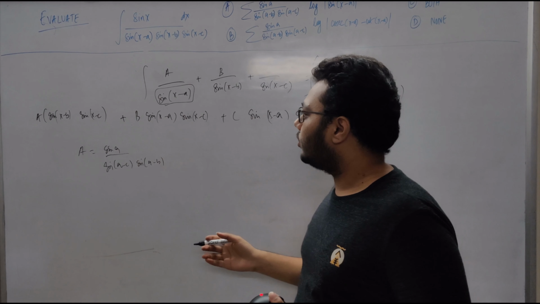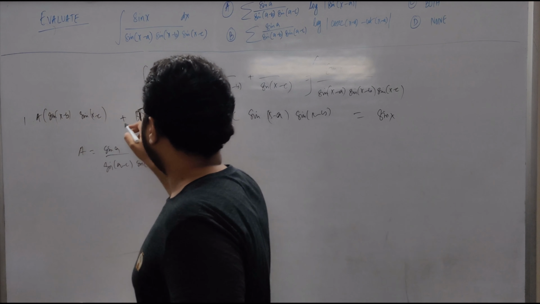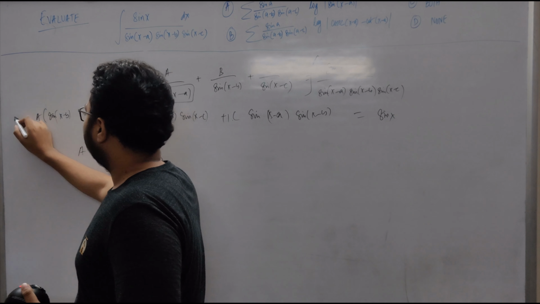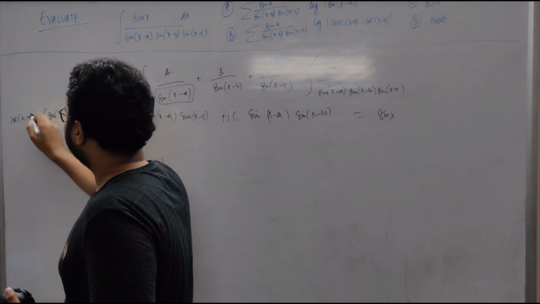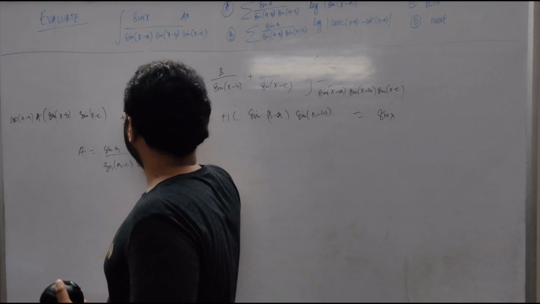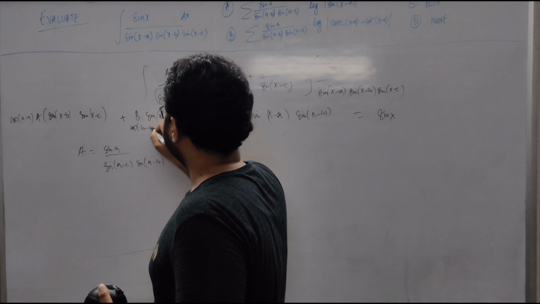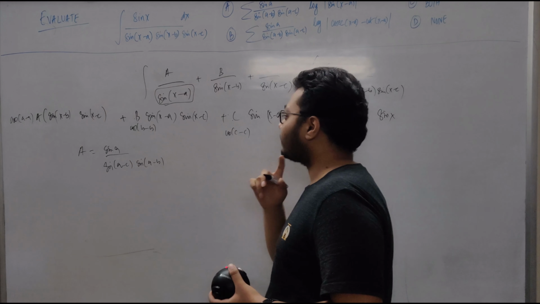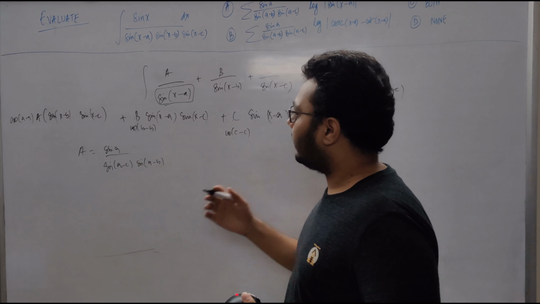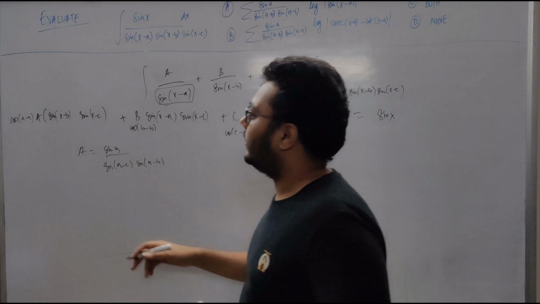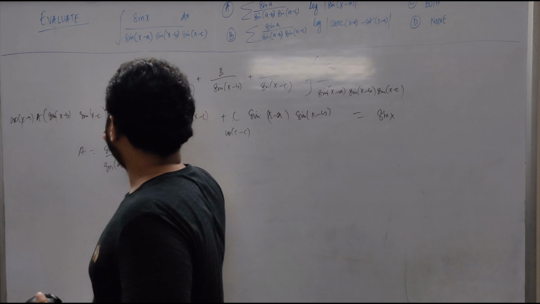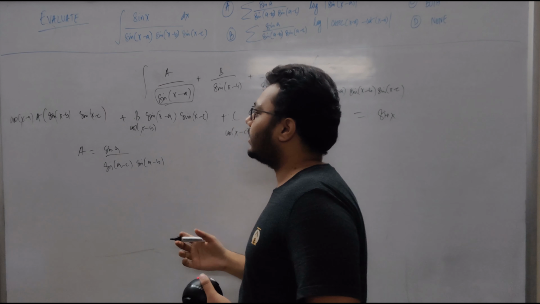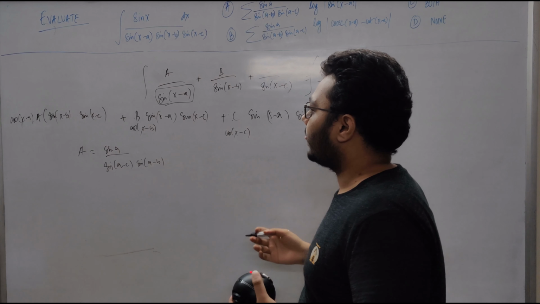But one thing to note over here is we can multiply all of these terms by 1. If we write this 1 as cos of a minus a, and this 1 as cos of b minus b, and this one as cos of c minus c, and let's just not write a minus a and b minus b and c minus c now, let's write x minus a, x minus b, x minus c.